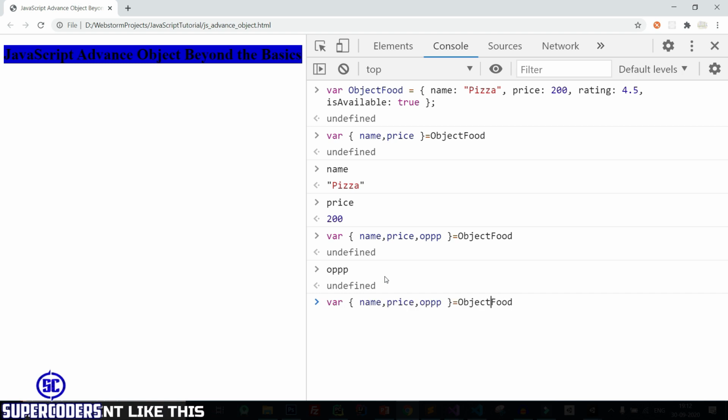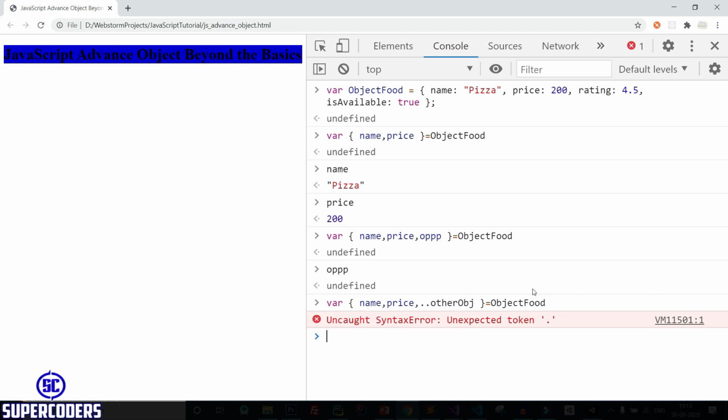Like, see, I want to access name and price in name and price variables and want to access the other data in another object. So let's call it otherObj. So instead of this, you have to use the rest operator here, paste the rest operator. Okay, here triple dot. Now enter and let's check.